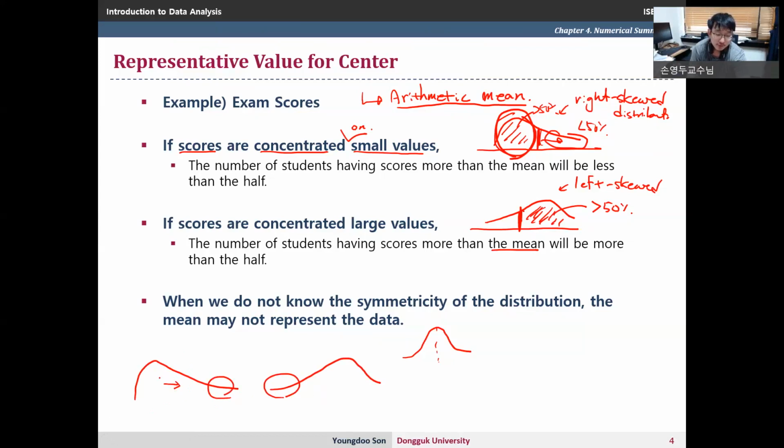For example, for the right skewed distributions, the mean is shifted to the right, and for the left skewed distribution, the mean is shifted to the left. So the mean will be located here. It means that more than half of the data is less than the mean, and less than half of the data will be more than the mean for the right skewed distribution, and for the left skewed distribution,